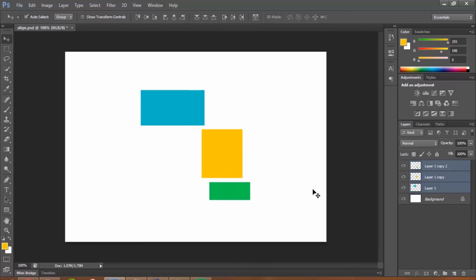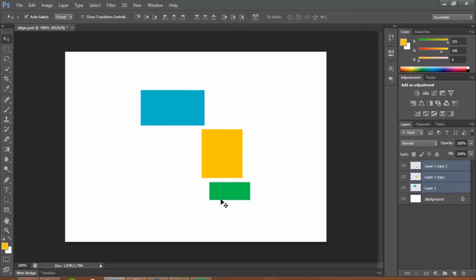If you check the distance between the left edge of the blue layer and the left edge of the yellow layer is more compared to the distance between the left edge of the yellow layer and the left edge of the green layer. I want to distribute the distance between the left edges of all these three layers equally.